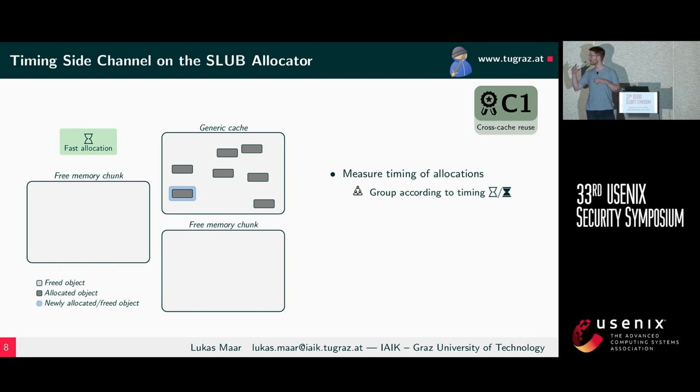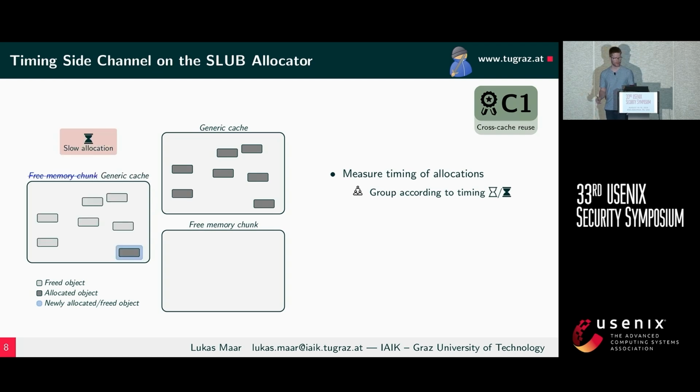Now we are at the state where the next allocation will go not to the SLUB allocator, but to the buddy allocator, which requires significantly more time. Therefore, we observe a very slow allocation time. This indicates that this object is now located on a freshly allocated memory chunk. All the subsequent allocations will be fast because these are again done by the SLUB allocator, till this memory chunk